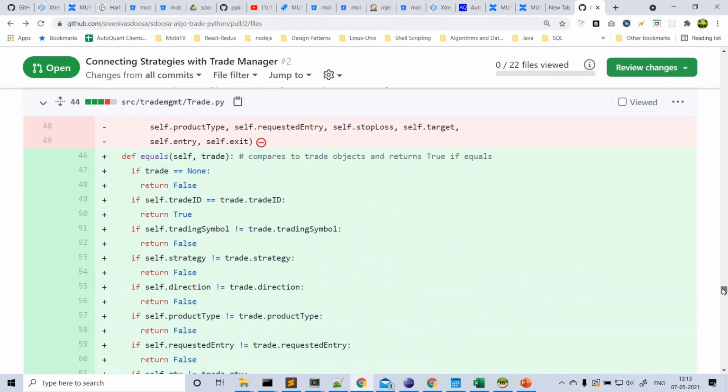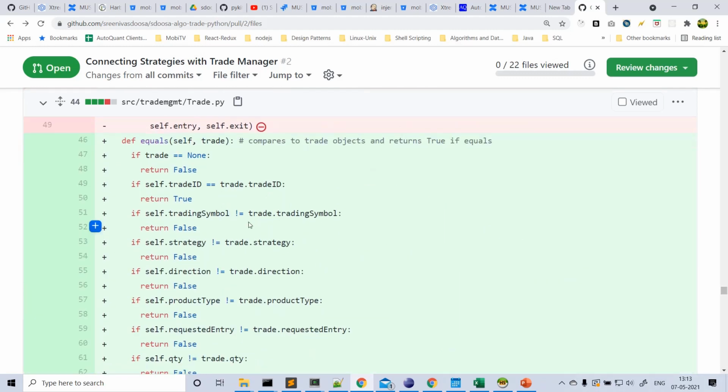Okay, so there are a few things here. Here we are interested in the possibility that you restart your server, right? If you are generating the trade again, it should not happen that the same trade is generated again, right? So I implemented the equals function. To compare, this is the current trade and you pass a trade object, some other object, to this. So how do we define one trade as equal to another trade? Okay, if the trade ID is equal, obviously, this is the same trade.